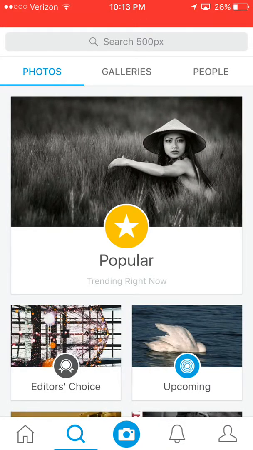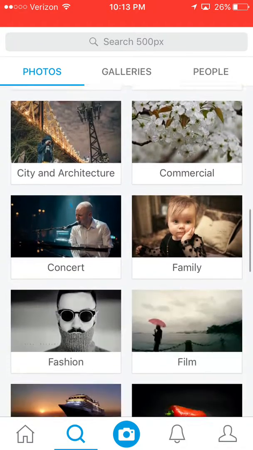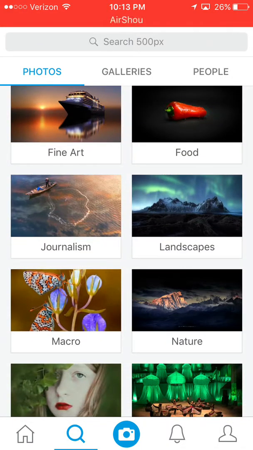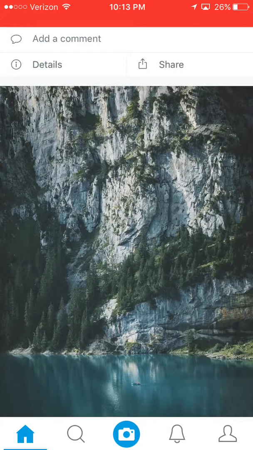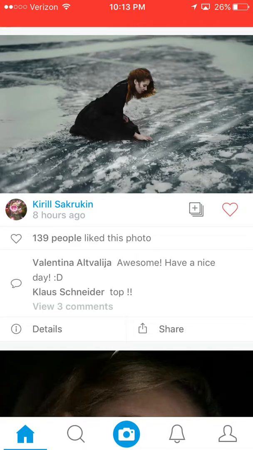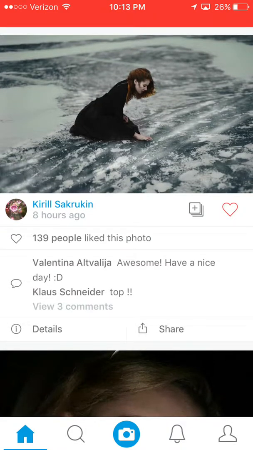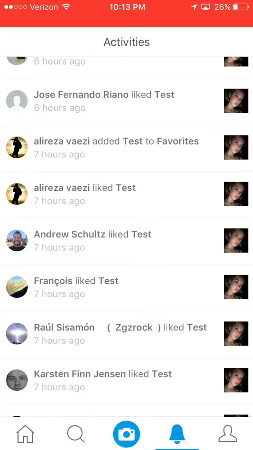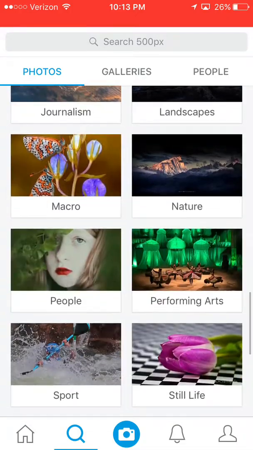Another thing that bothered me was when I clicked search. If I scroll down here to search through stuff and I want to go back to the top, I click search again, it does nothing. I'm clicking this search icon again right now as I'm talking, it's doing nothing. If I do the same thing on the home screen, click home again, it takes me to the top of the screen, which is what I would expect. If I do it on my notification screen, click it again, it takes me to the top. It does that for everything, so why is it not doing it for search? I have no idea.